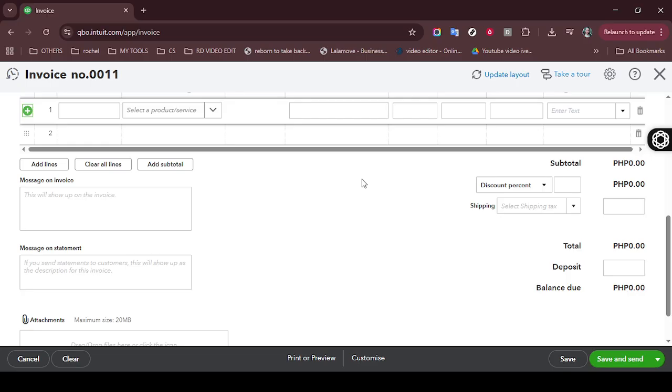Once you've entered all the required information, take a moment to review everything. Finally, once you're confident that all details are accurate and complete, it's time to save your work. This might seem like a small action, but saving your updates ensures that all your efforts in putting in payment information aren't lost. It also ensures that your records are current, laying the groundwork for up-to-date financial reporting across your platforms. If your software provides a confirmation of the save, look for a notification or message that assures you everything